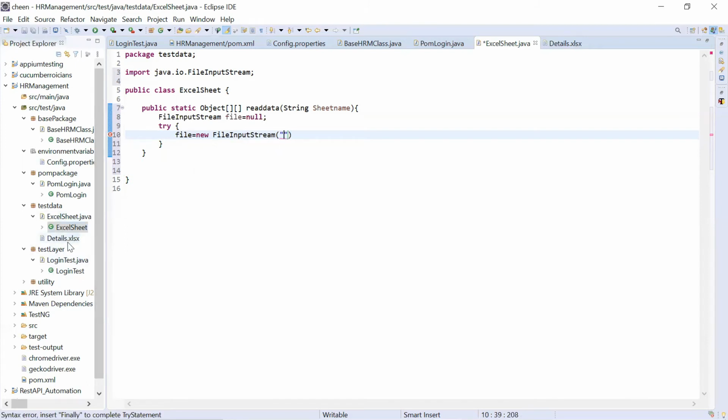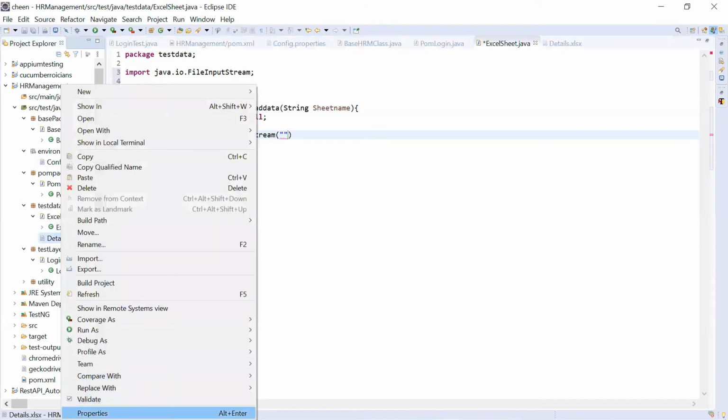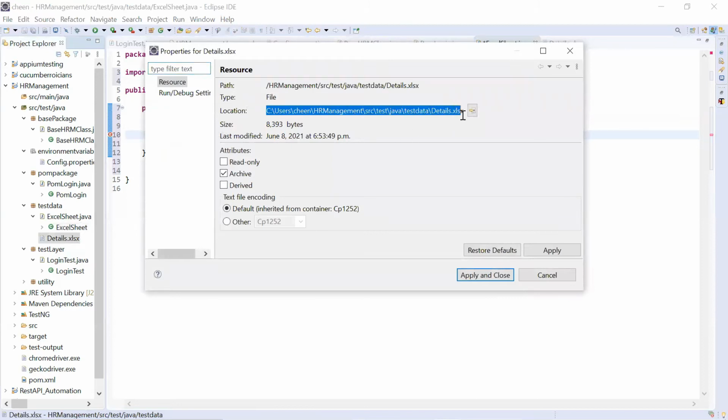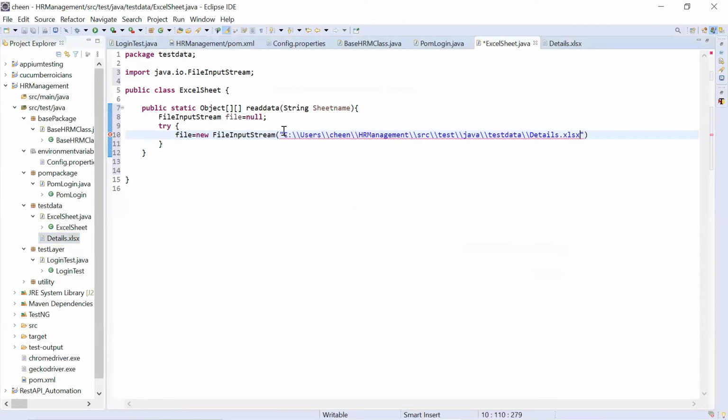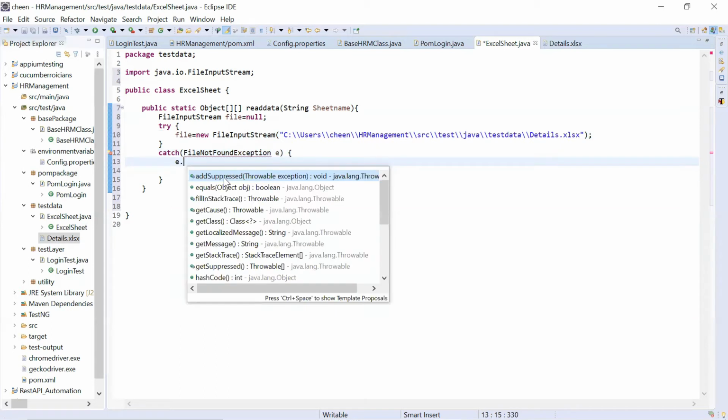So if you go to your Excel sheet here, details, this is my Excel sheet. I'll right click on it, go to properties, take this path and paste it over here. Terminate it with semicolon. Now here I will use catch. So catch, now which exceptions I want to catch? First exception is file not found exception, e dot